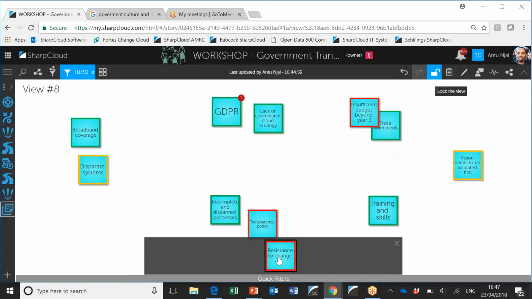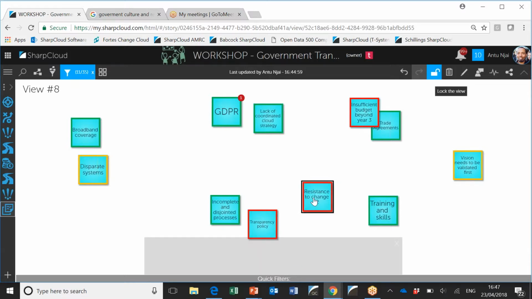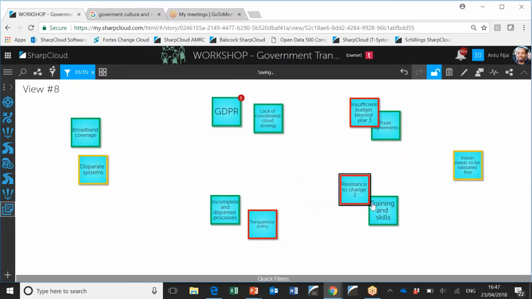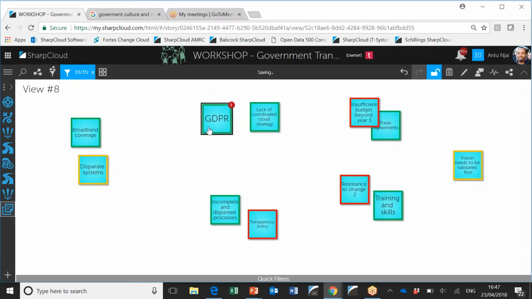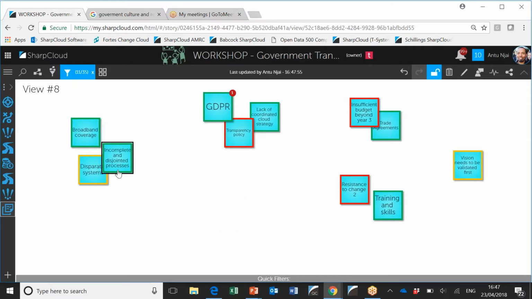But here what we might do is just start saying, well, actually, we think there are some things that are cultural. So maybe it's to do with skills and resistance to change. These are cultural things that we need to address. Maybe there's other things to do with strategy or policy. Maybe actually that goes up here as well. Maybe that's disjointed processes because we've got disparate technologies and systems, other technology issues. So we can start to just position things in approximate groups and start to think about how they work together.